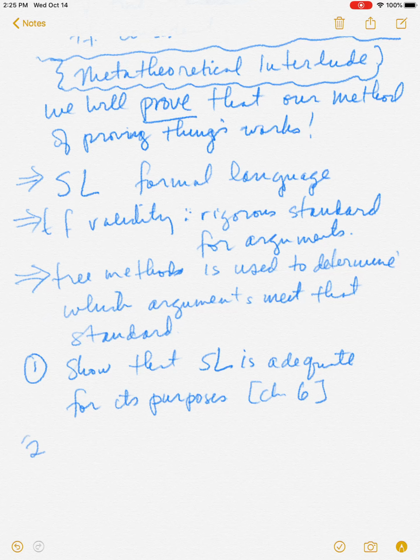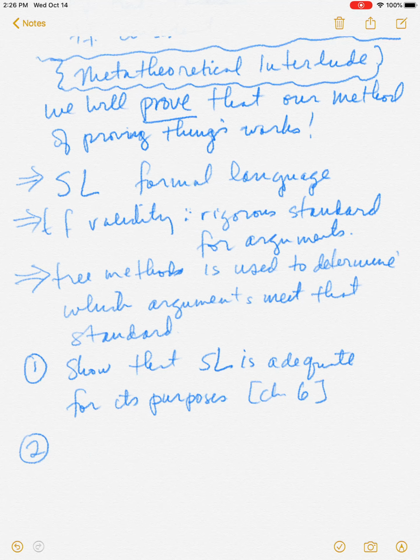We're also skipping Chapter 5. Chapter 5 presents another method for determining validity and so on, called natural deduction, or derivations. I'm not sure what the book calls it exactly, but it's a different system for determining whether arguments are truth functionally valid. We're not going to be doing that. Chapter 6 in the text does for Chapter 5 what we're going to do for Chapter 4. So you don't have to worry about Chapter 6 for the most part. I'll tell you which section we're going to be talking about.